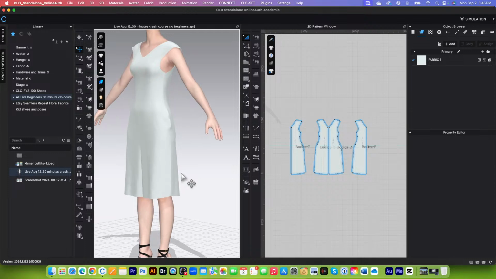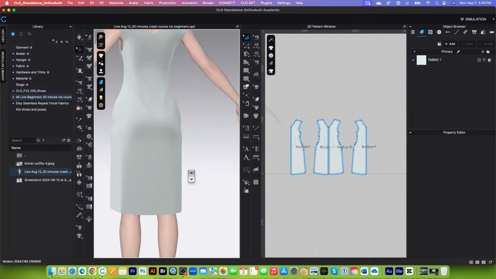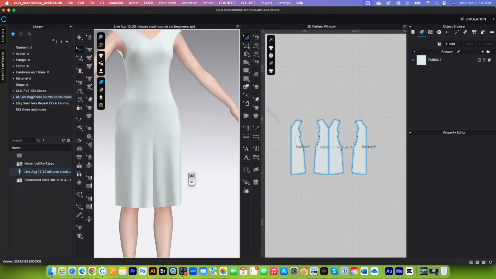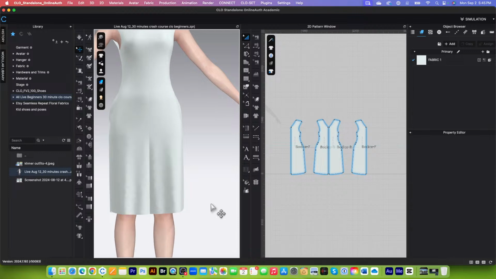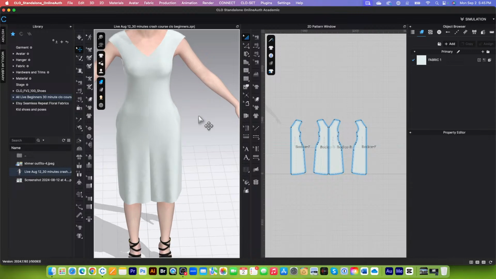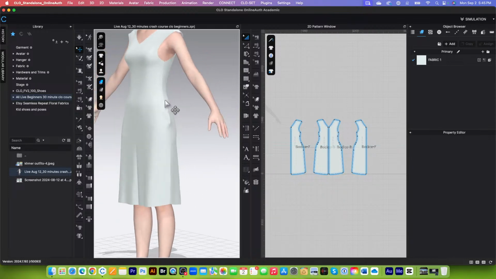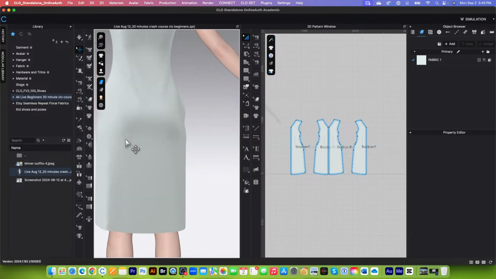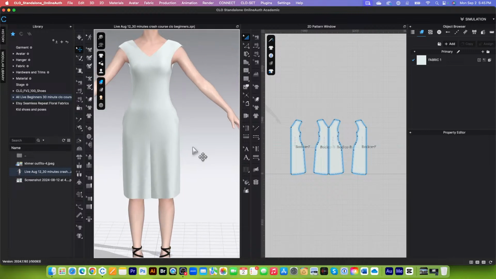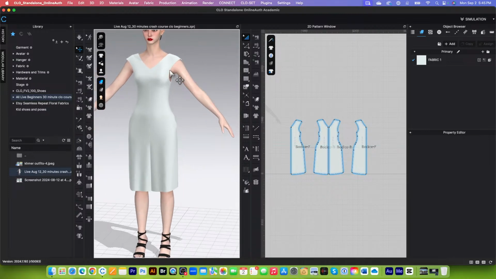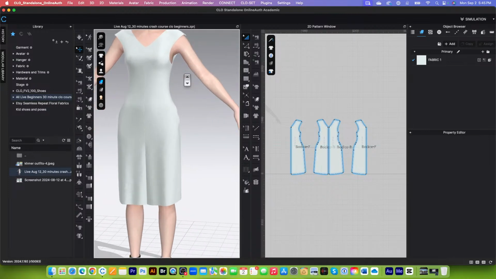So let's say we want to create a realistic look for the dress. We want to apply top stitches, and let's say instead of folding the hem, we want to create double stitches right here along the hem, and then the neck, and then the armhole, and so on. In this case, let's do a couple of things first. Apply the elastic here so we can create this fitted